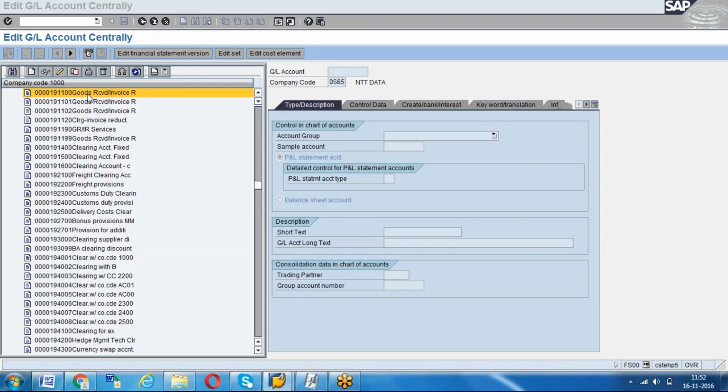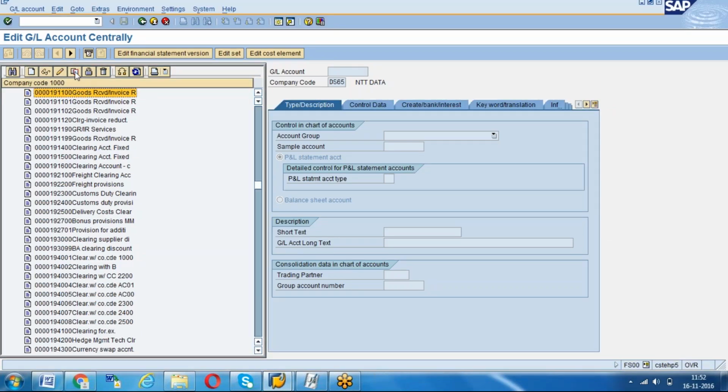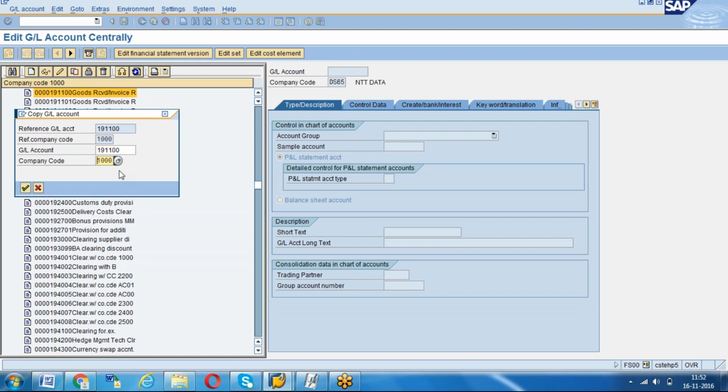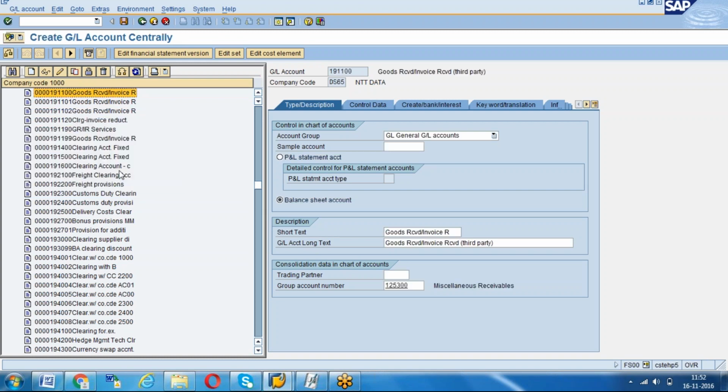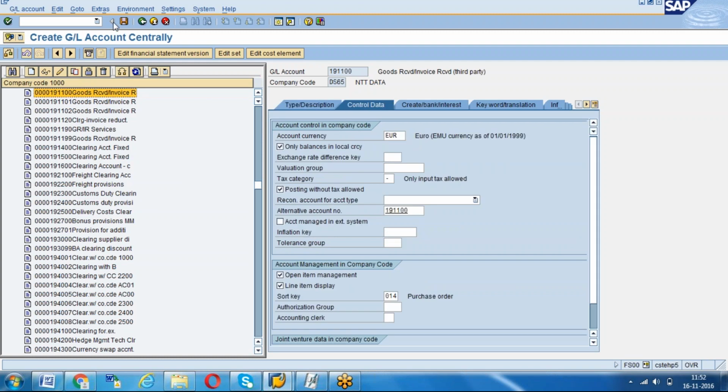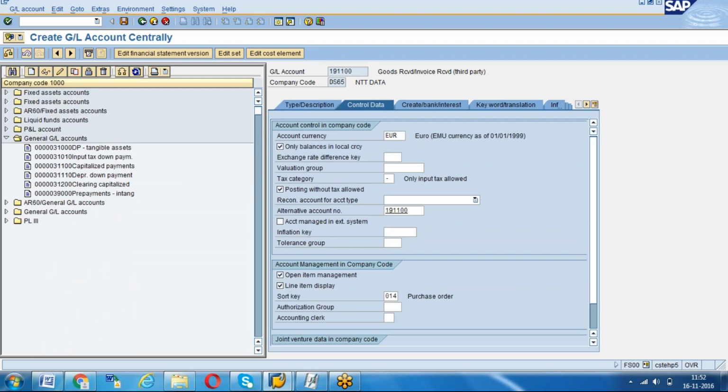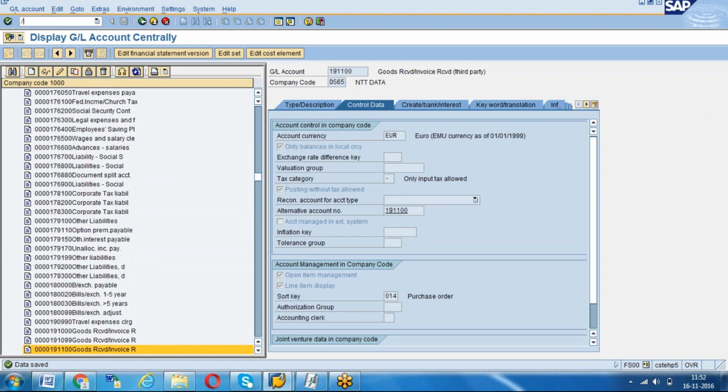See, we just created this GL account, the GRIR clearing account. Click on copy, and the company code for which we are going to create, DS65. Then all details will be copied from the reference company code. Now we have created both the GL accounts which were missed.